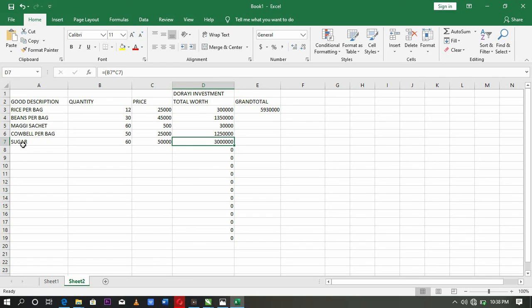So this is just basically to give you an insight of how Excel can be of help to you to manage your business. This is just a basic knowledge. There are other tutorials for advanced knowledge regarding this particular application on how to